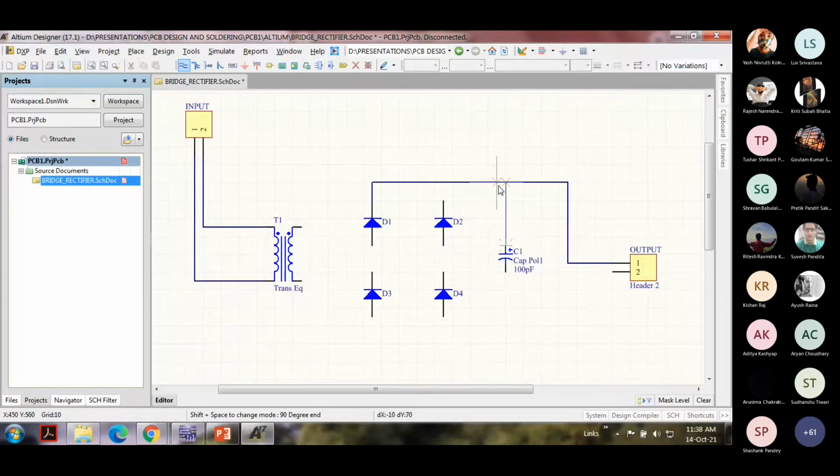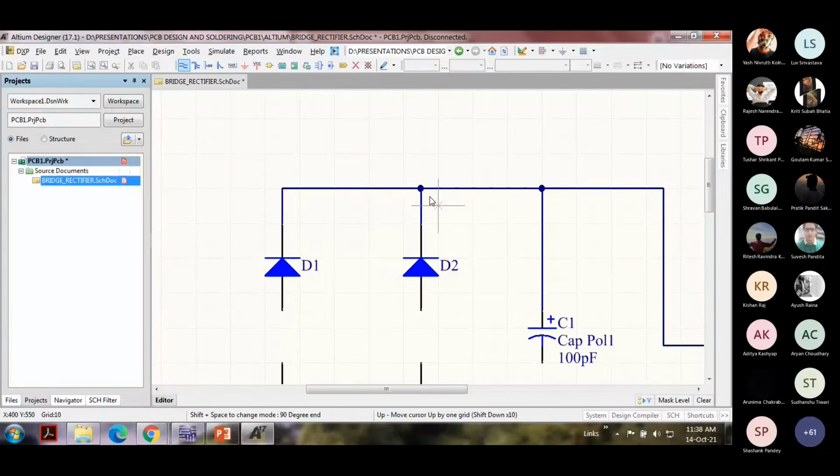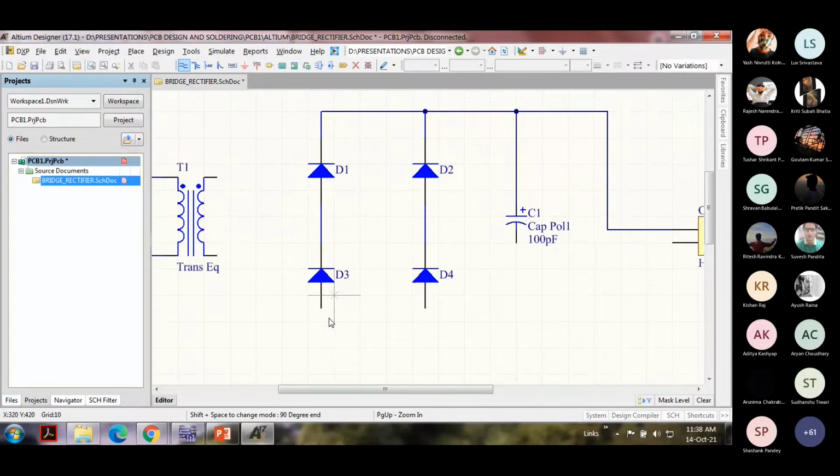So you'll see that as soon as there is a crossover, if there is a junction, you'll get a heavy dot over there, signifying that there is a connection out there. Okay.